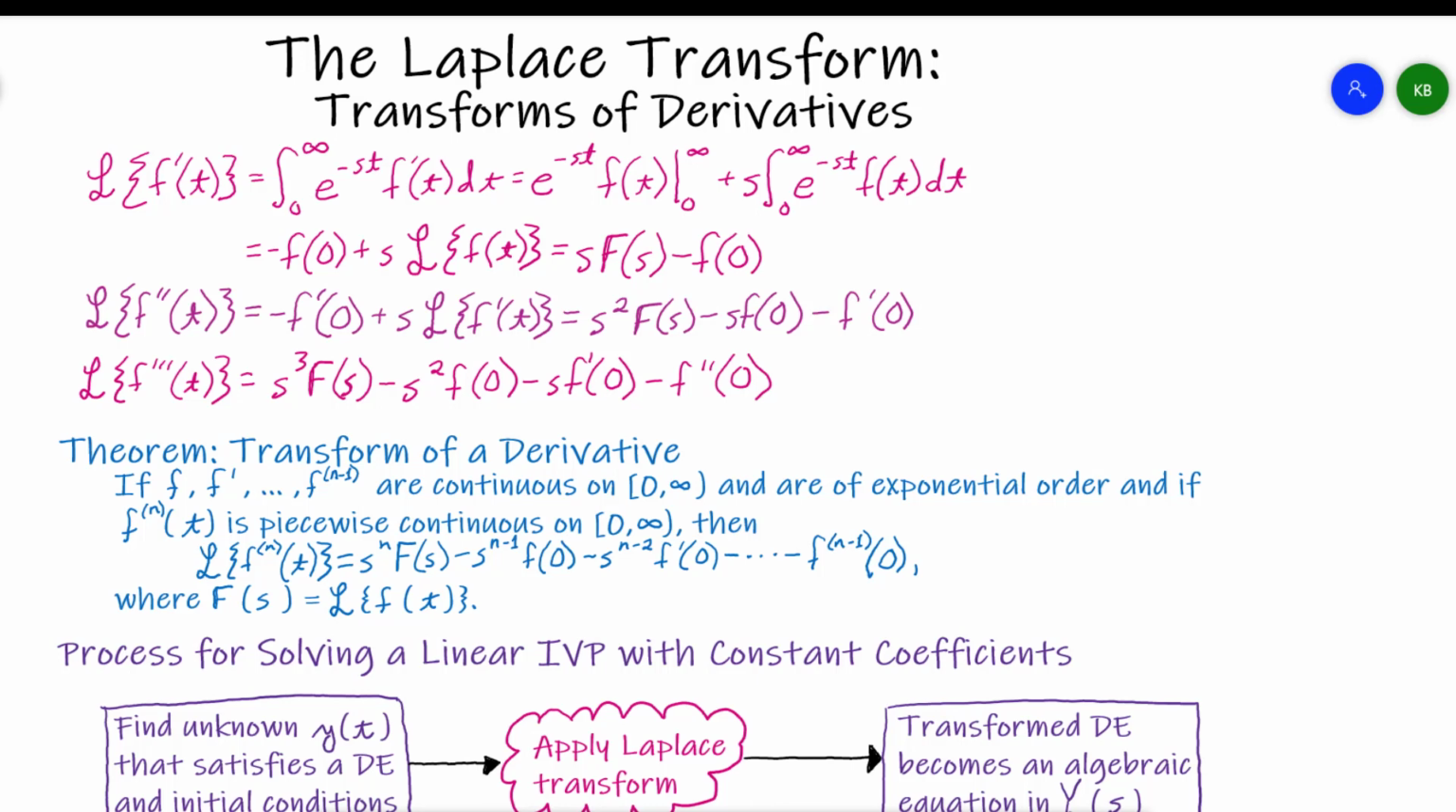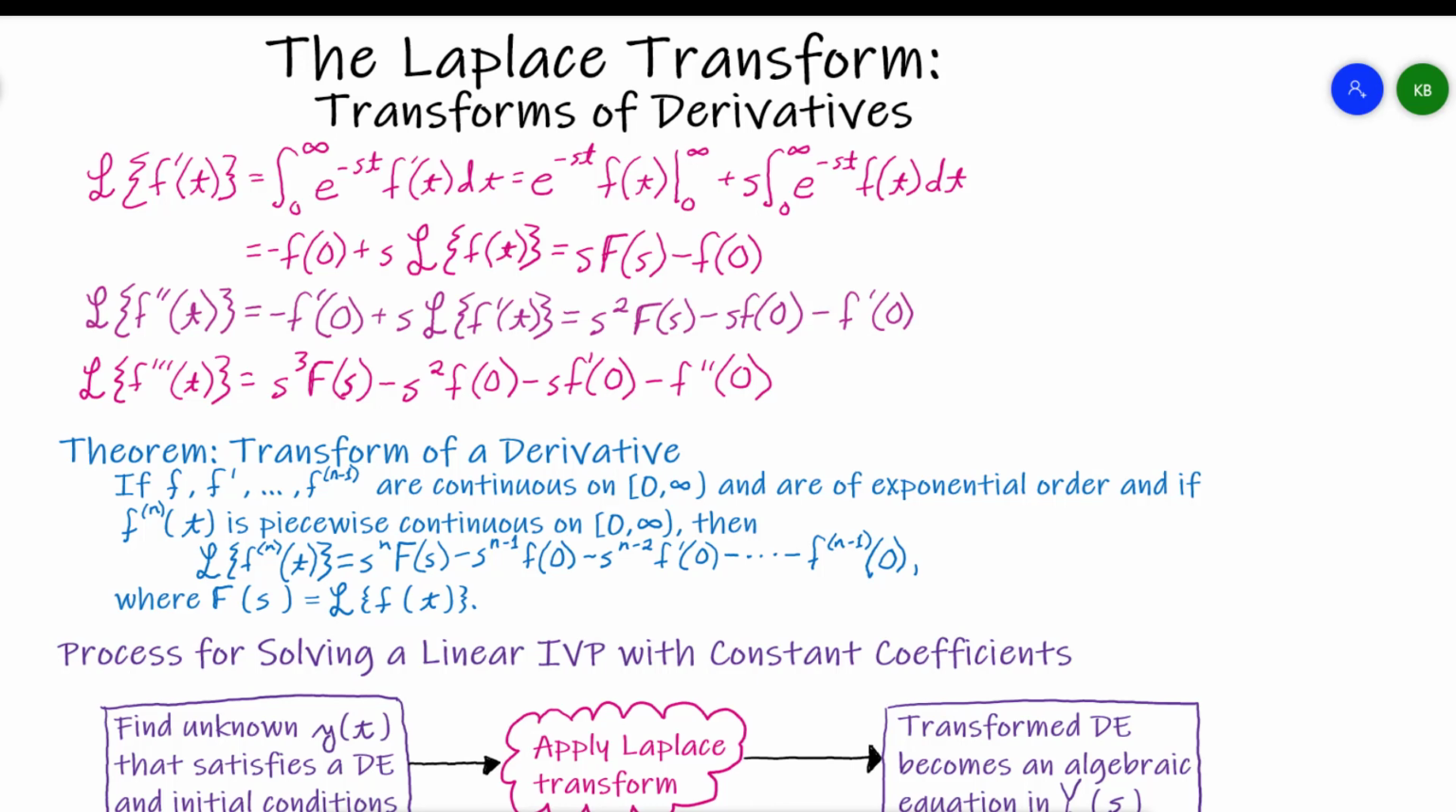So if f prime, and all of the derivatives of f up to the n minus first derivative of f are continuous on the interval 0 to infinity with 0 included, and are of exponential order, and if the nth derivative of f is piecewise continuous on that same interval from 0 to infinity with 0 included, then the Laplace transform of the nth derivative of lowercase f is going to equal s to the n times capital F of s